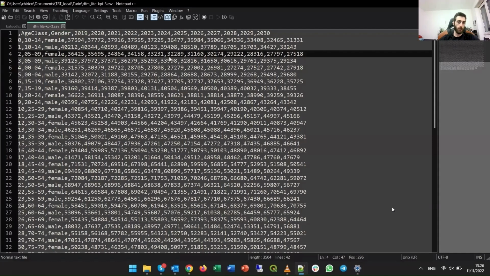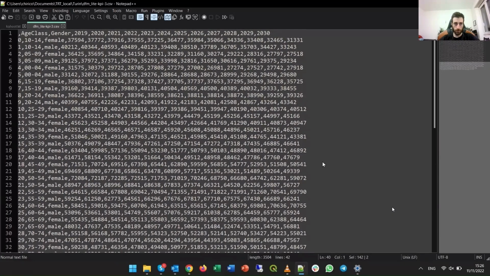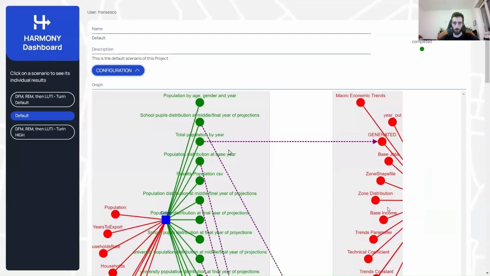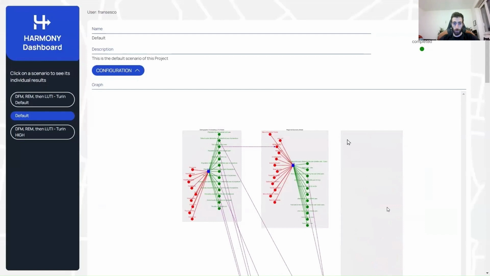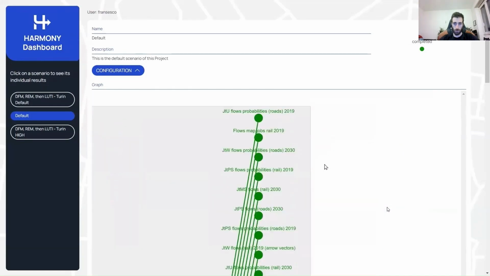Here we have a DFM output file. So we have the age class, the gender, and the number of people for each class and gender from 2019 to 2030. And here we can open the configuration tab and watch the same graph used before,